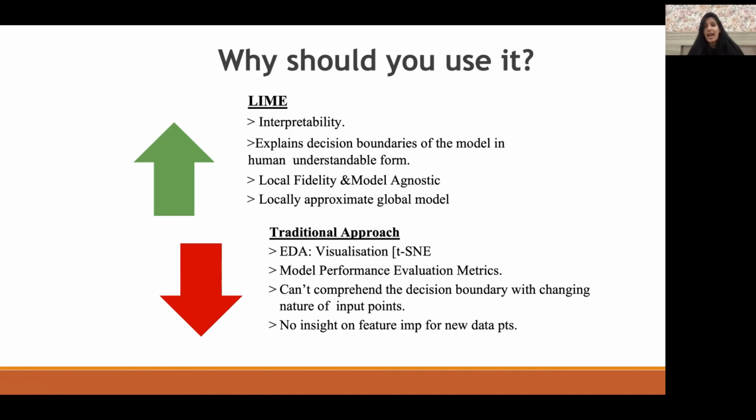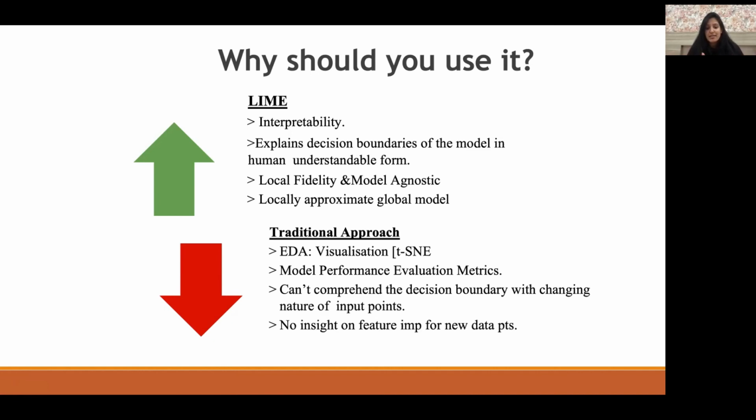At the same time, what LIME helps you do is give very easily explainable explanations, which you can actually go and explain to anyone who doesn't even have the domain knowledge. Let's say you are trying to build a model to predict the return rate of users on your platform. If you're trying to explain it to a business person, you'd have to build trust in your application. And that's what it does.